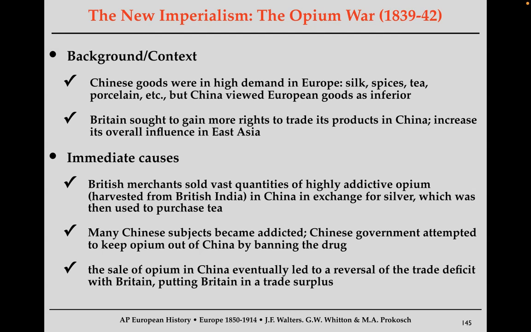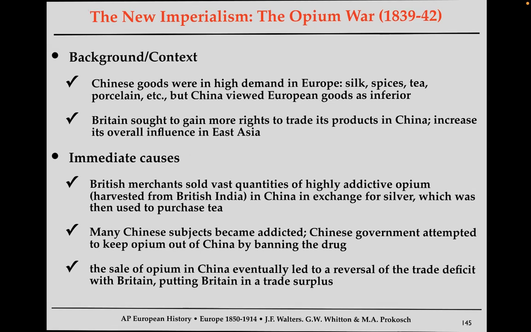So eventually the Chinese government figures out what the British are doing, which is basically being the world's largest drug dealers, and they start finding these stores of opium on these islands, start burning it. Well, you start burning British goods, that's going to cause significant problems, especially in this time period. So effectively what Britain just did is they reversed a trade deficit in their own favor. Like, that is the definition of economic imperialism. So China actually declares war on Britain first. This leads to